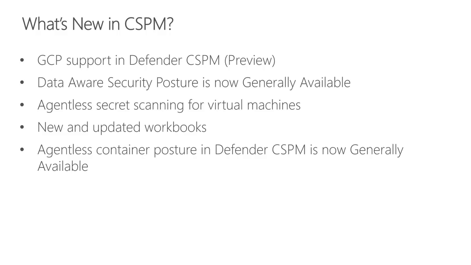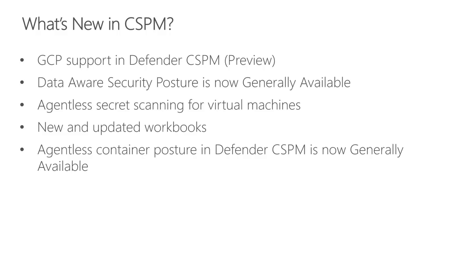Then we'll briefly talk about agentless scanning for virtual machines. This capability is part of the agentless scanning feature set, which is available in the Defender for Servers P2 plan and also the Defender CSPM plan. And then we're going to take a look at the new workbooks that we've created